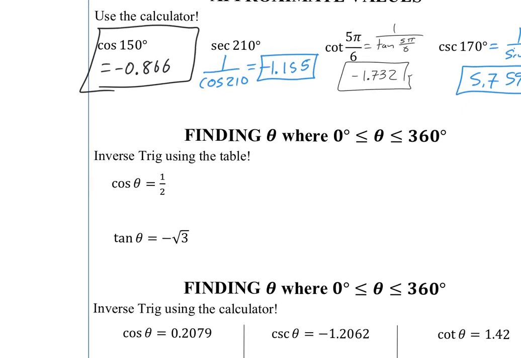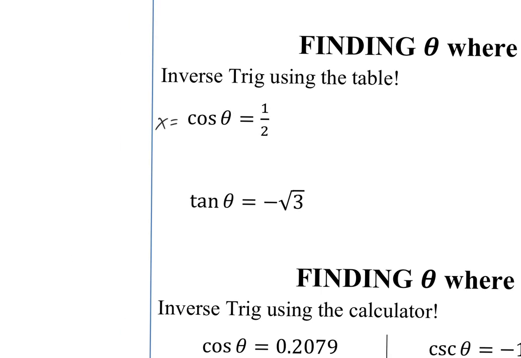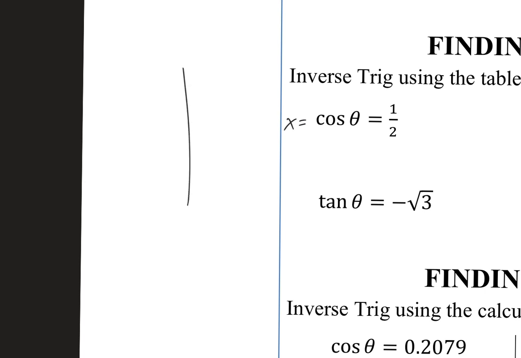Okay, this one wants us to use a table to solve for this. I, again, would just use the unit circle. So what I'm going to do here is look and see when does the cosine equal 1/2. And remember, just a little reminder, this is really just saying when is the x 1/2. Well, just to give you a quick rundown, I'm just going to sketch it real quick so I can talk about it. On the unit circle, I get a 1/2 for the cosine right here, and that's at 60